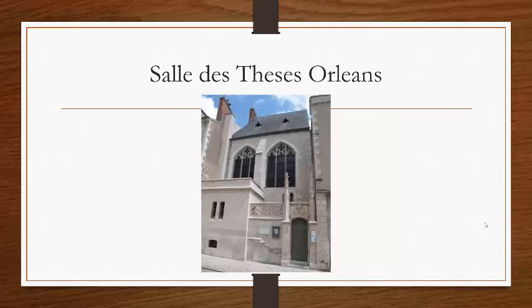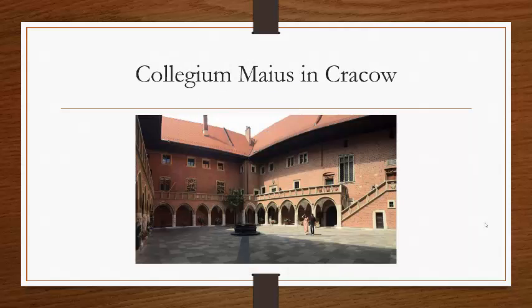This one's from France. This is the Salle des Thés in Orléans. As your textbook mentioned, there's really very little early medieval university buildings from France, which is really sad. So this one looks, it's important, obviously, it's in your textbook, but doesn't it look kind of small and sad compared to the grand ones that I've just shown you, or even this one from Poland, the Collegium Maius from